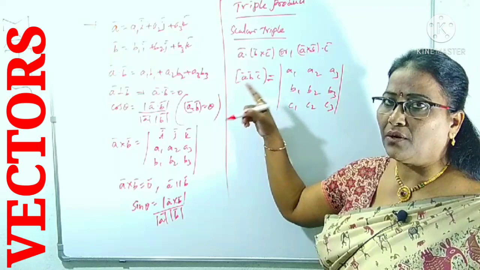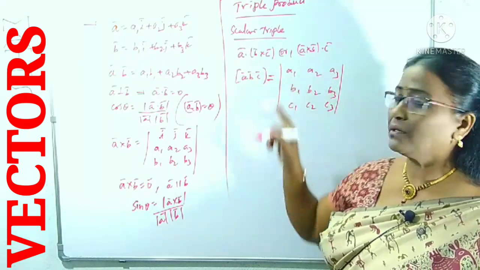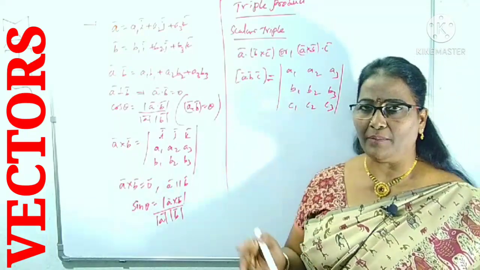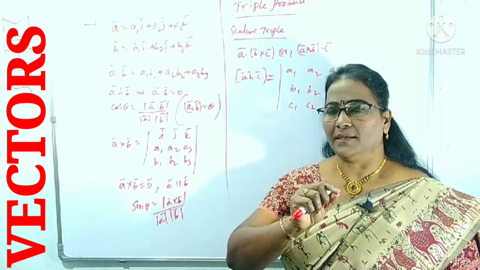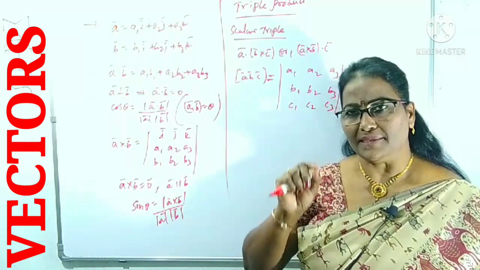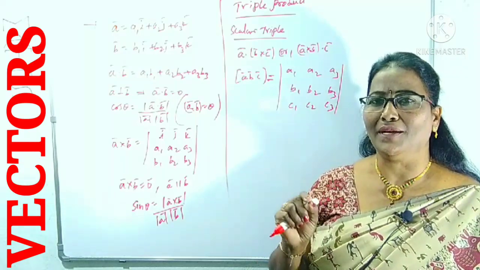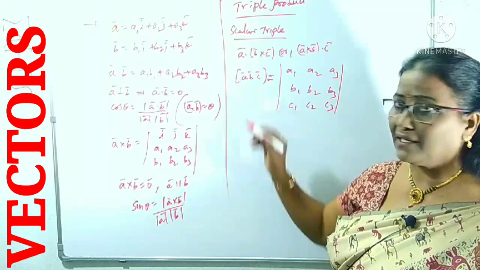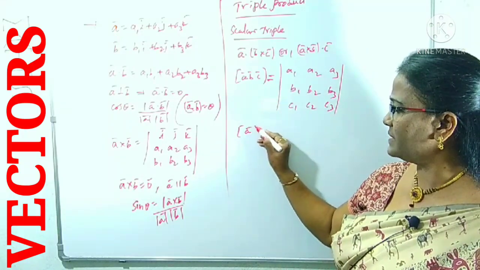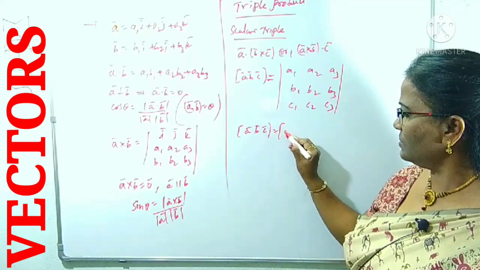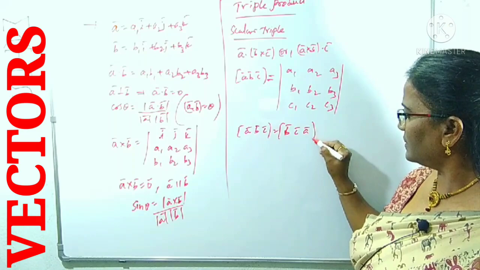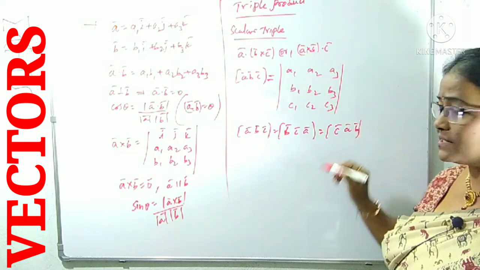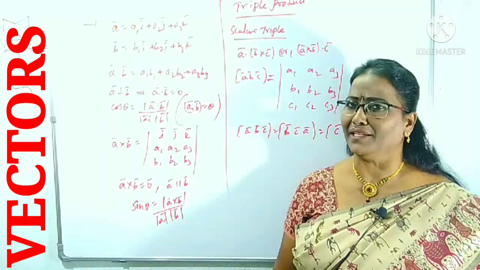And how can you write the scalar triple product? Either A dot of B cross C or A cross B of dot C. We can also denote it as box of ABC. If A, B, C are in cyclic sequence, then ABC, BCA, CAB are equal. These are the properties of the scalar triple product. We can observe box of ABC equals box of BCA, which also equals box of CAB. These are the properties, and we use them wherever we need.